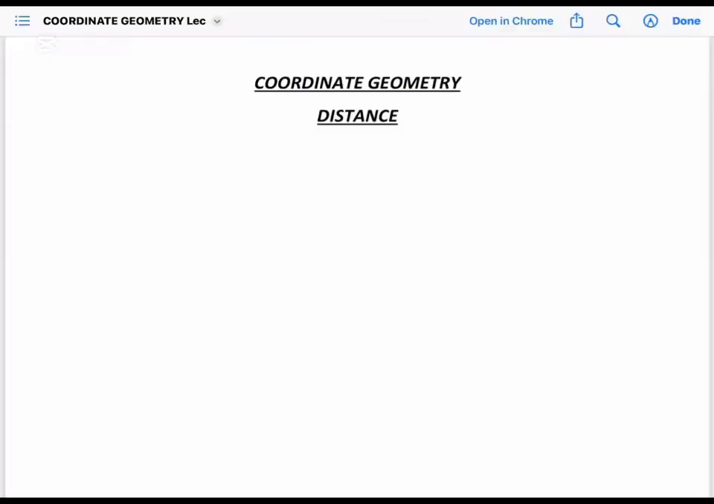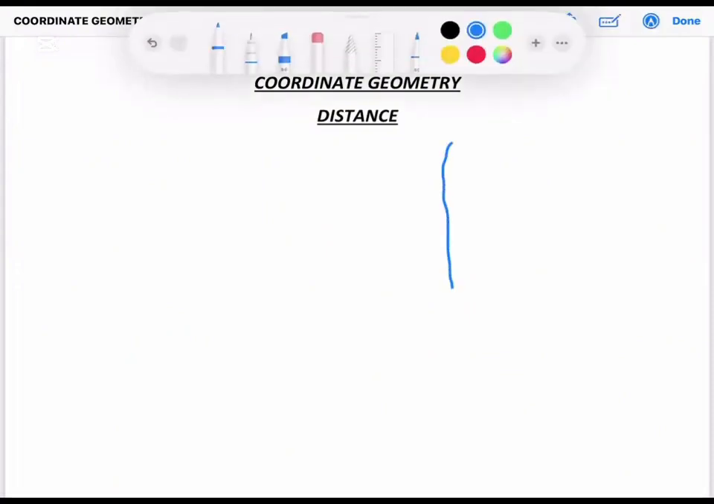Okay, so the chapter name is coordinate geometry. What is basically coordinate geometry? In coordinate geometry, we will study the geometry using the coordinate points. So what are coordinate points? For example, if I talk about a graph, if we have a graph line,